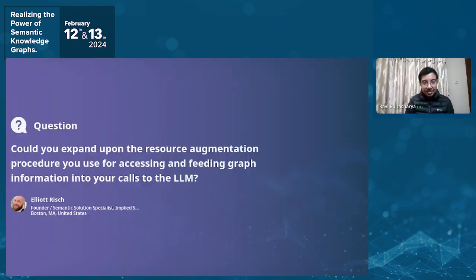Great. We've got two more here. Could you expand upon the resource augmentation procedure used for accessing and feeding the graph into your calls to the LLM? Sure. So we initially tried extracting just the tabular data in the guidelines, because LLMs have a fairly good interpretation of the relationships within a table,